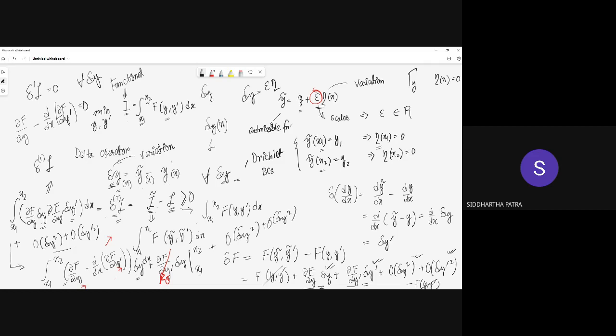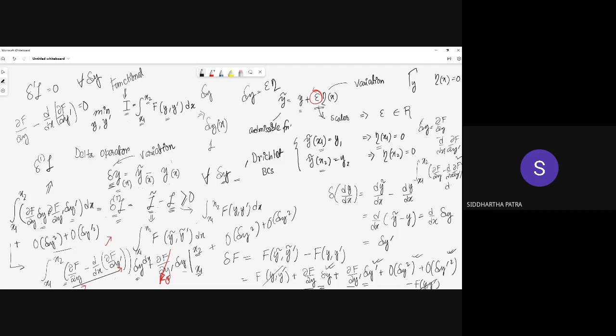Delta y is any arbitrary function, so it can be anything except at the boundary, except for at these two locations. So I can take delta y to be this variable as well. This is also a function of x, and that is also an admissible variation. So in that case, if I take delta y equals del f del y minus d/dx of del f del y prime itself, that tells us that the integration between x1 to x2, of del f del y minus d/dx of del f del y prime